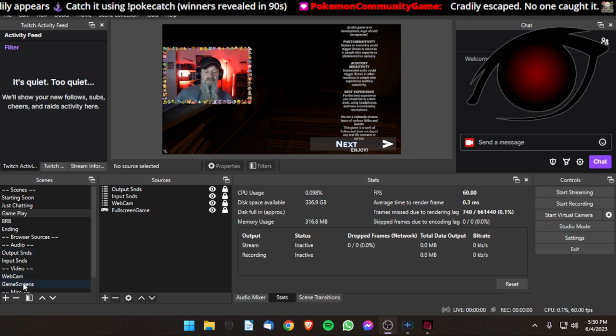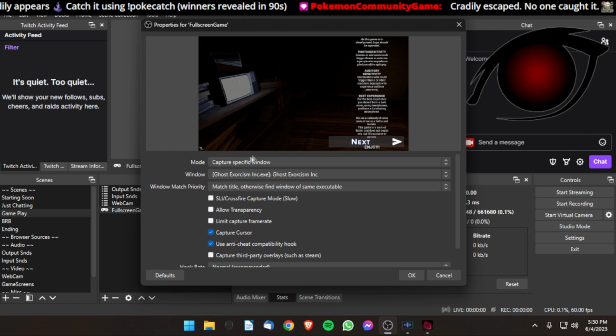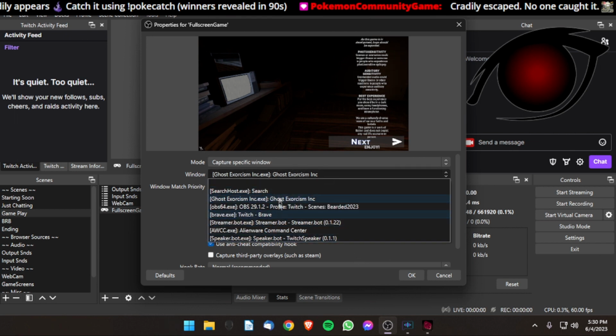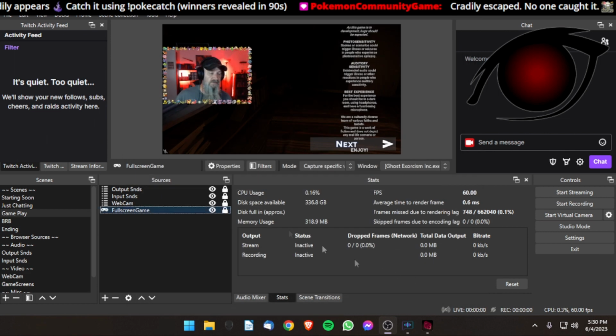I'm not using my game screen scene, but I am using my full screen game. So now I don't have to leave my window or my scene to change games. I can change it to whatever it is right there. Boom, and we're done, right? So that's an option for you. I personally kind of have to use the game screen for the different types of games that I use and how many different sources I have coming in and affecting them, because my OBS is a lot more